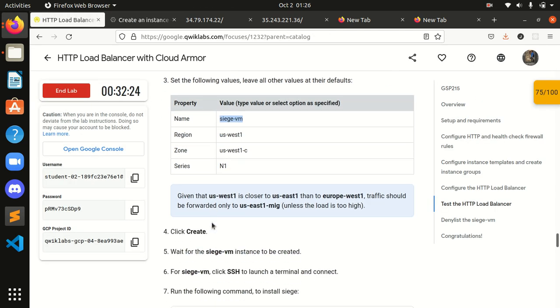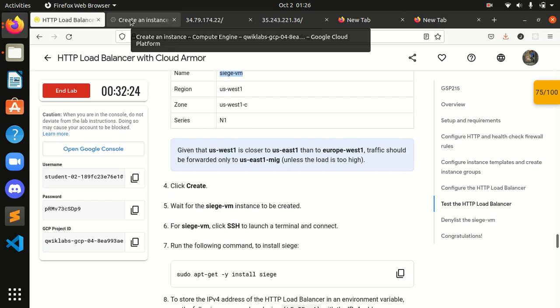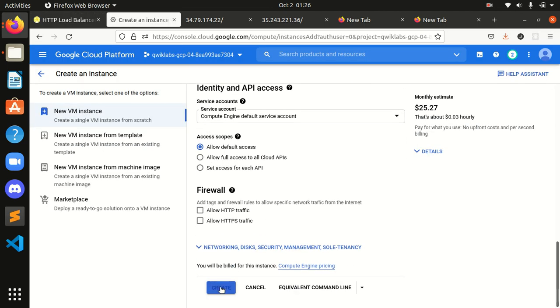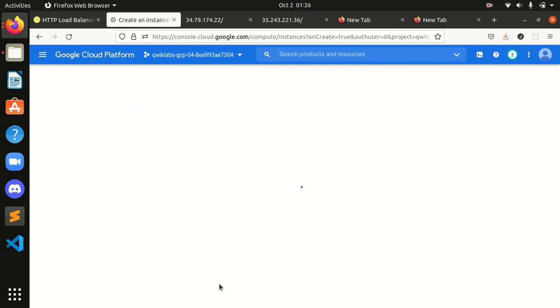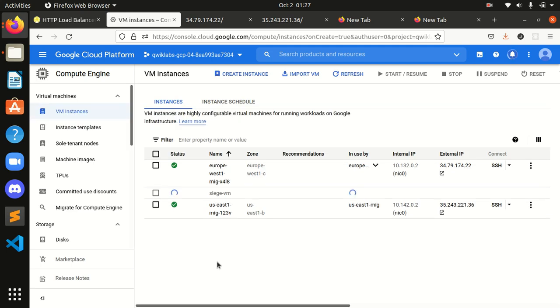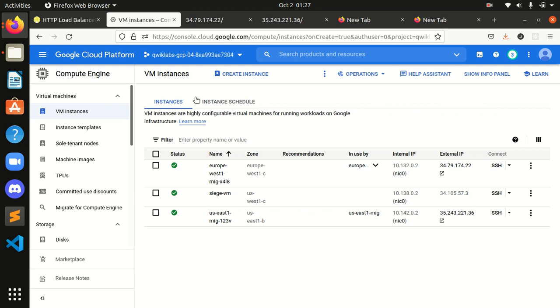Click create. Wait for the Siege VM instance to be created. Okay, it is creating over here. Yes, it is done.